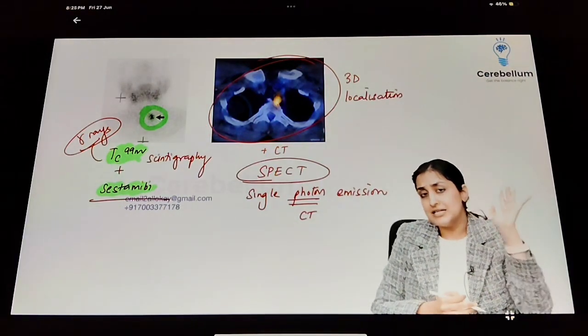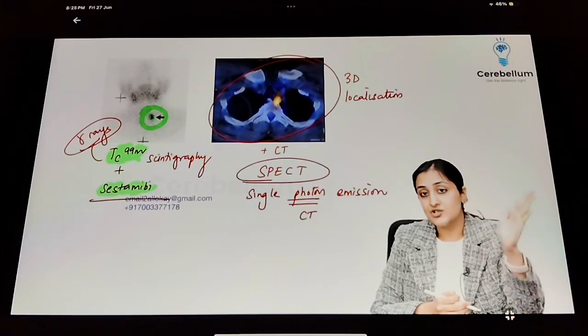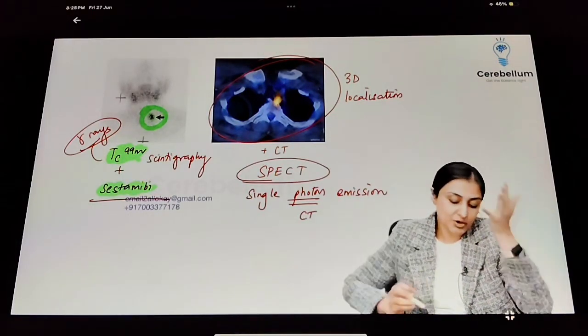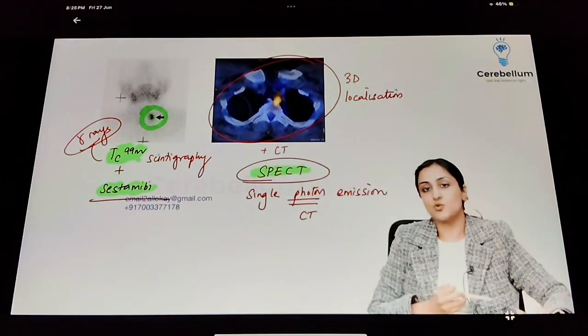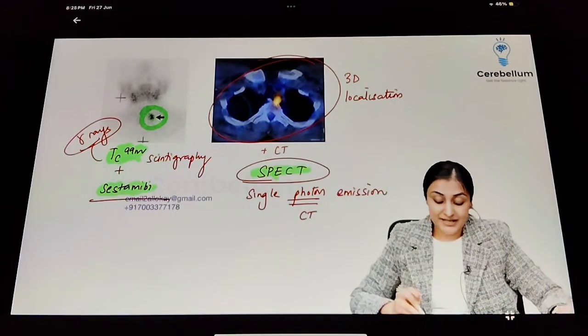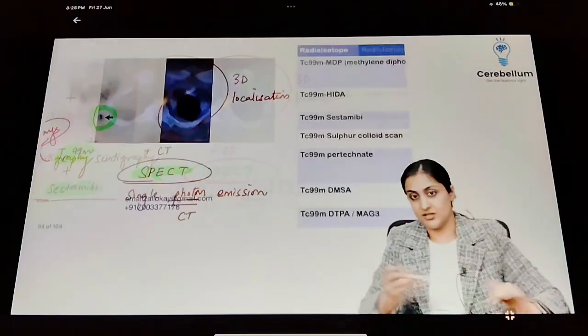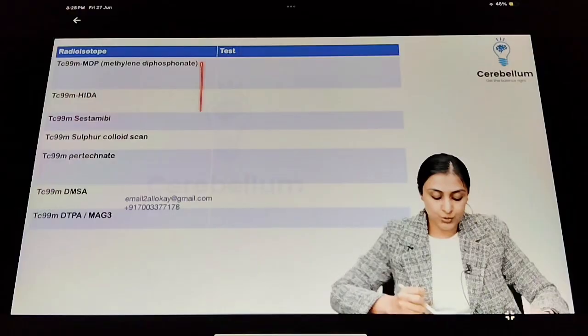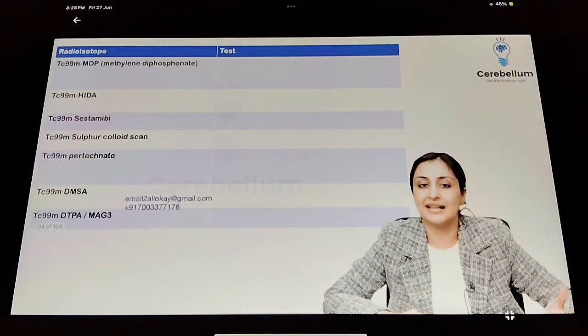So if I ask you, is a technetium Sestamibi scan better or a technetium Sestamibi SPECT better? You'll be like, ma'am, obviously you're giving me a CT in addition, so it's SPECT. So this is what was tested in INICET, right? So if SPECT is there, mark SPECT. If SPECT is not there, just technetium Sestamibi. So these are a few nuclear medicine scans that you need to know about,